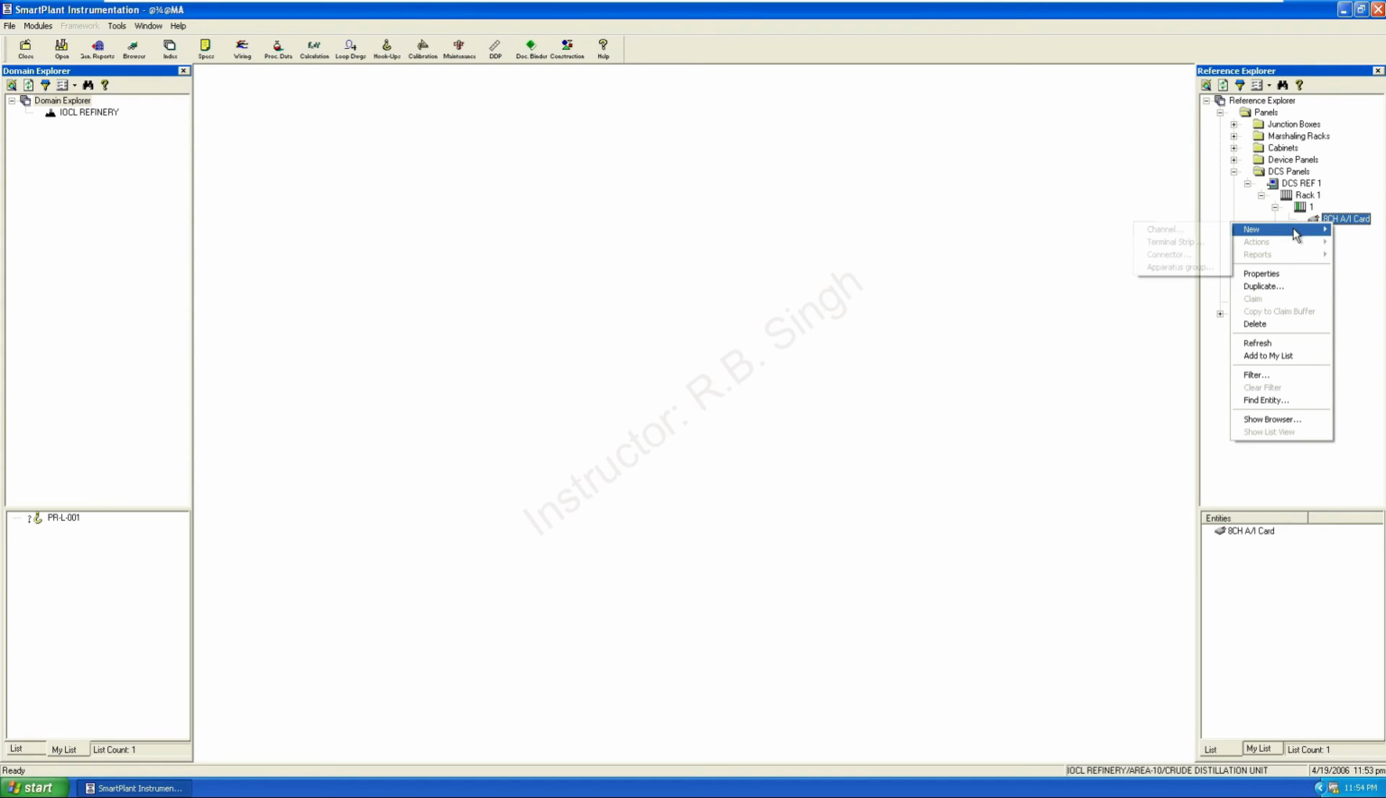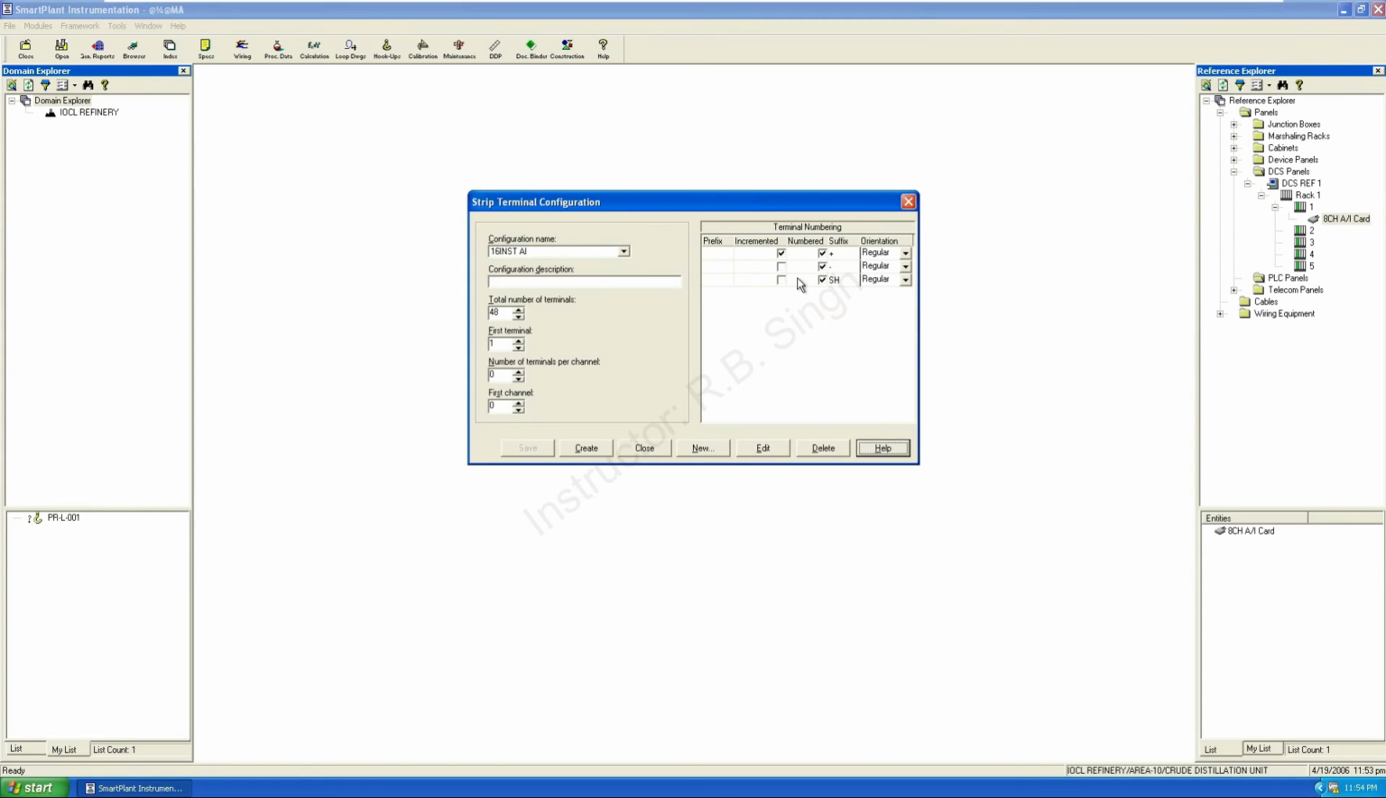Once you right click on the IO card, there will be terminal strips. You want the terminal strip within the IO card, because the IO card will have terminal strips for different channels. Channel means instrument connections, I mean signal connections. For one signal, at least 3 terminals are required. So go to the new options, the number of terminals in pattern 3, and this is for the 8 channel AI terminal strip,